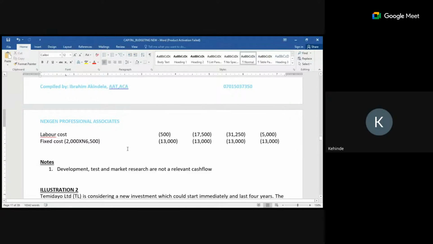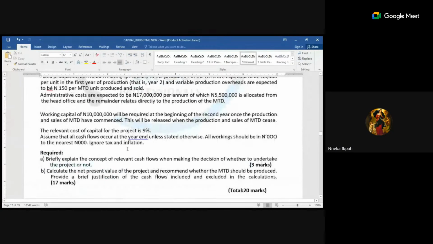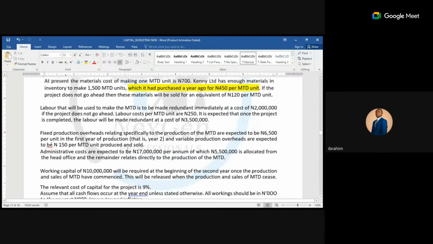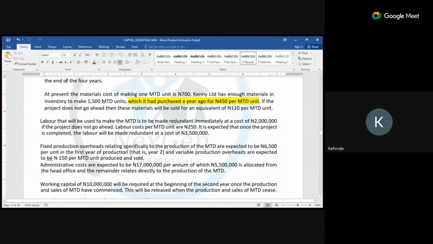Well done, sir. I want to ask a question concerning that fixed cost. Can you scroll to that part of the question? Do you have it in your notes? It says I expected it to be in the first year, and there was no part of the question that says it continues up to other years. So is it a one-time cost or is it going to be spread across the period of the project? Yes, since you are embarking on that project, and that project is from year 2, 3, 4, 5.